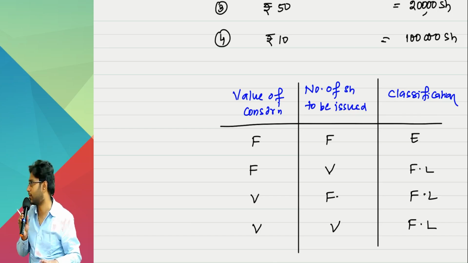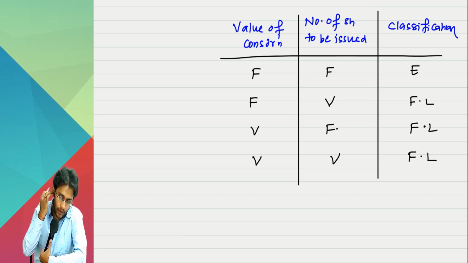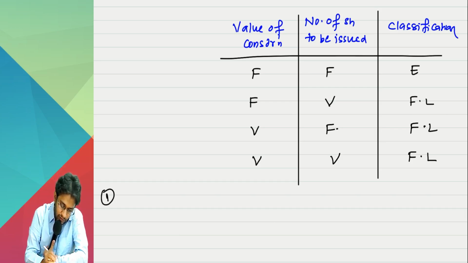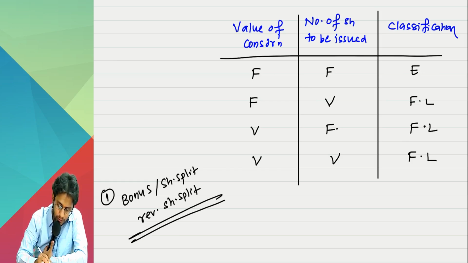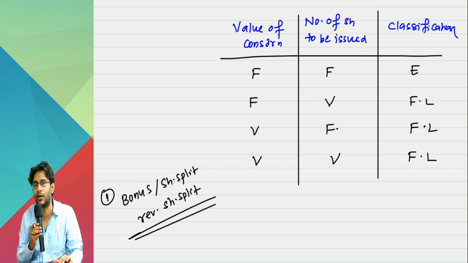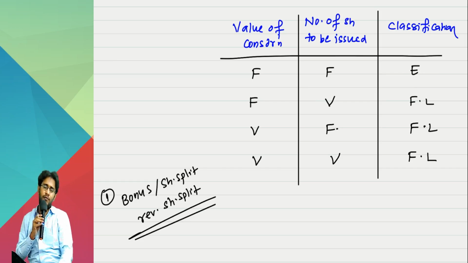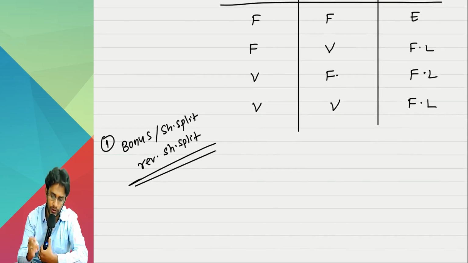In this, one or two issues are there. First one is bonus share, split or reverse share split. This is a kind of exception to the original rule, but if you understand it deeply, you will get yourself in sync with the logic and not treat it as an exception. Or else if you remember it as an exception also, the answer will be the same only. Sir, imagine